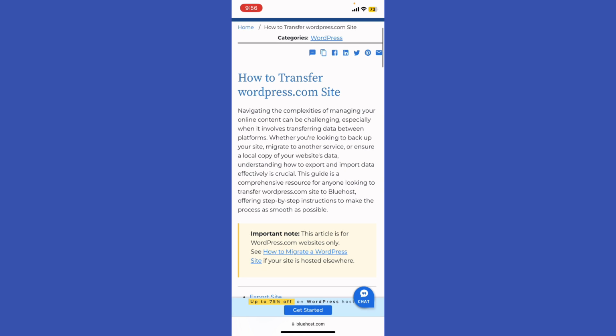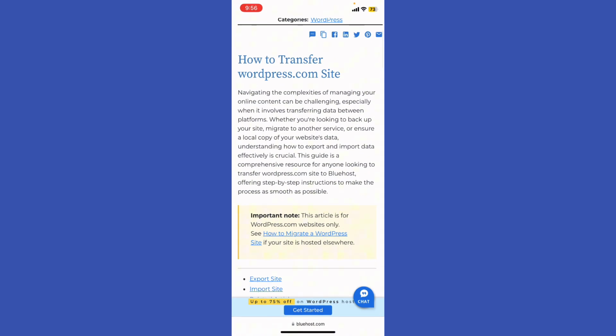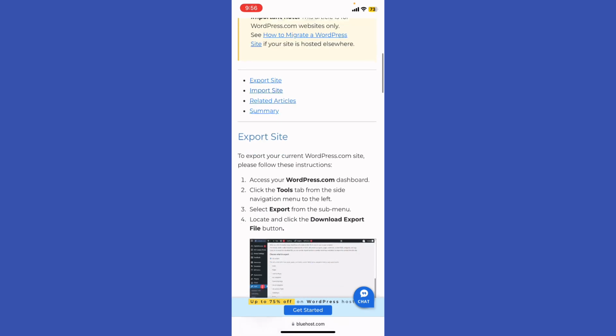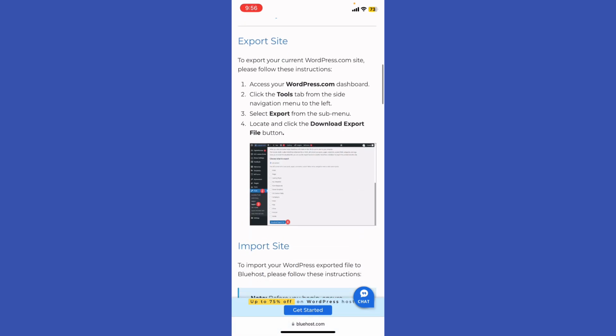So we're gonna go ahead to the official website, and if you want to use the Bluehost website transfer, we're gonna get to the bottom of how to transfer a WordPress.com site inside the Bluehost, of course. Navigating the complexities of managing your online content can be challenging, right? If you want to export a site, to export or transfer a site, just access your WordPress.com dashboard, click on